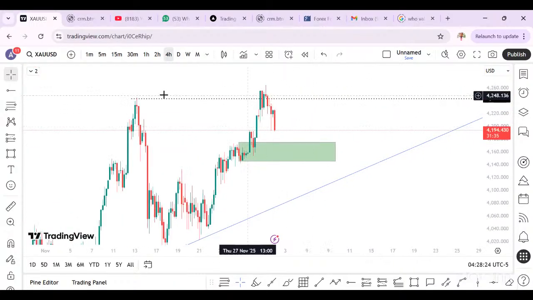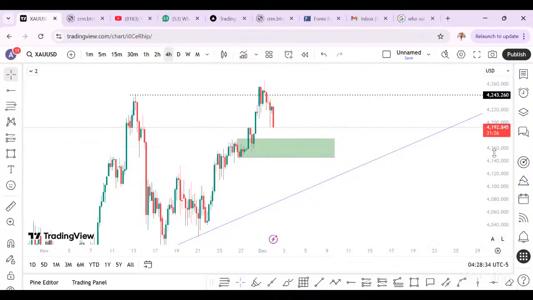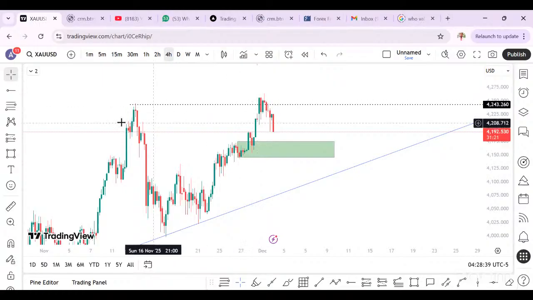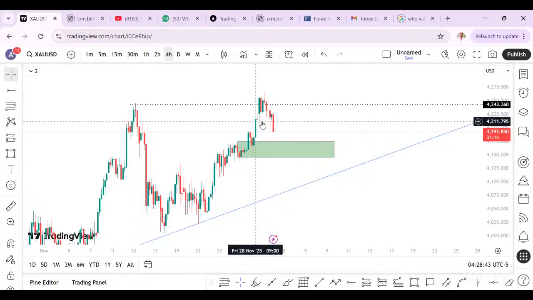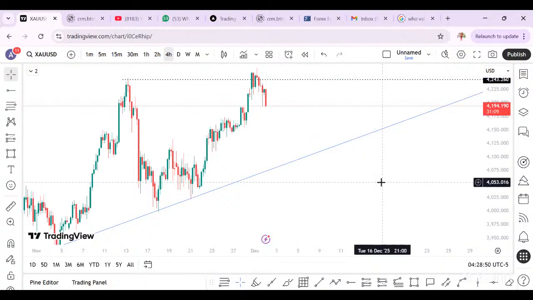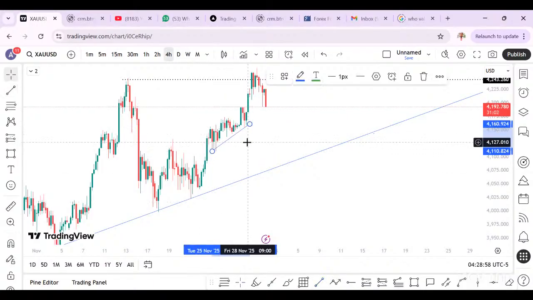So failure to close above this place on daily, and that's why waiting for a daily candle closure is very, very important too. Now, yesterday we thought our 4 hour had closed, but before the end of the day, you see that price did not close, it closed back bearish, and that's why we are seeing this push down now. Even this zone, I don't want to use it because I can see a lot of liquidity pending in this zone here.